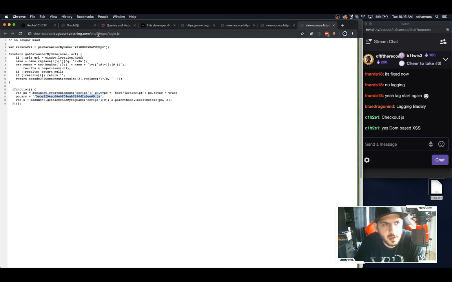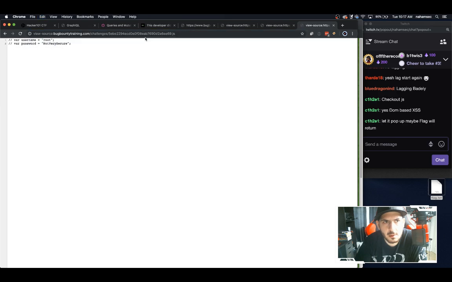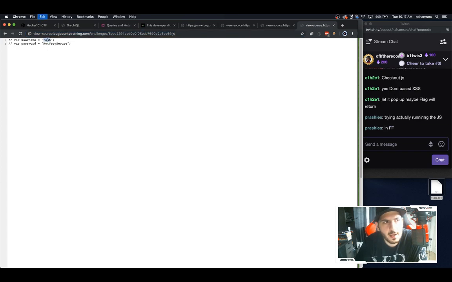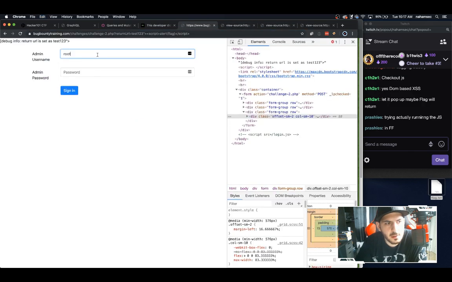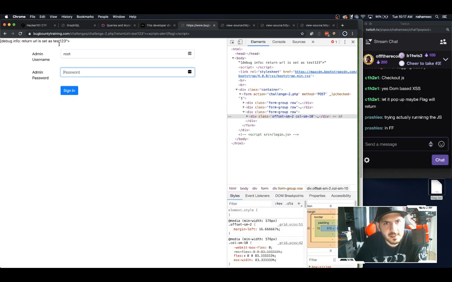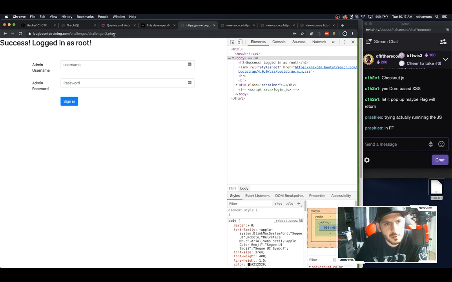Because this is where the password is. Yeah, I don't have Firefox on this machine, unfortunately. Let's log in and see if the XSS does anything. Success, logged in as root. But I'm still not going to give you...